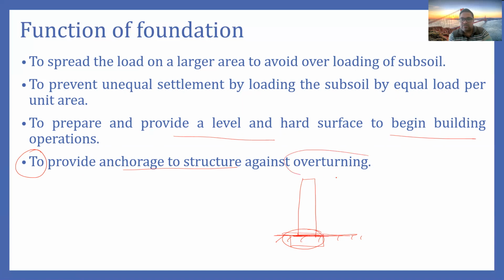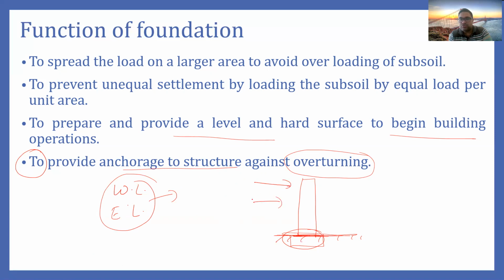This overturning factor comes into the picture when the height of the building is very large. And when the height of the building is very large, the other two loads, which means one is the wind load and the second one is the earthquake load. So beside the dead load and live load, we have these two important loads also. And the role of these two loads becomes very important when the height of building is large. And these two loads are generally considered as horizontal loads.